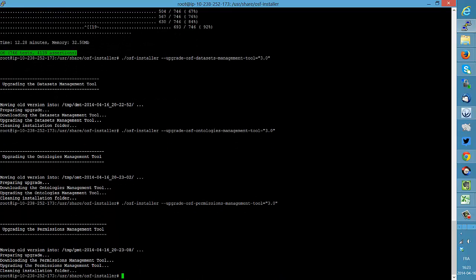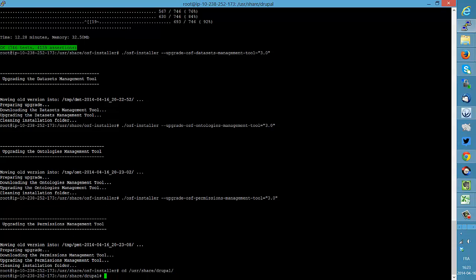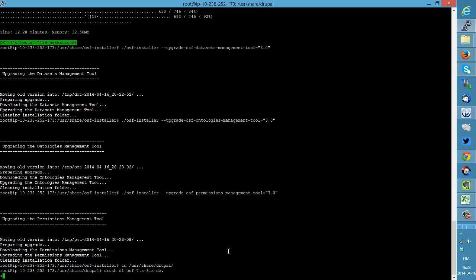And our next step would be to upgrade OSF for Drupal. So what we have to do is to go to the Drupal folder, and then use Drush to download the latest code that exists in the dev branch. The way to do that is to say drush dl, for download, and then osf-, the name of the branch, which is 7.x-3.x-dev. So if I do that,